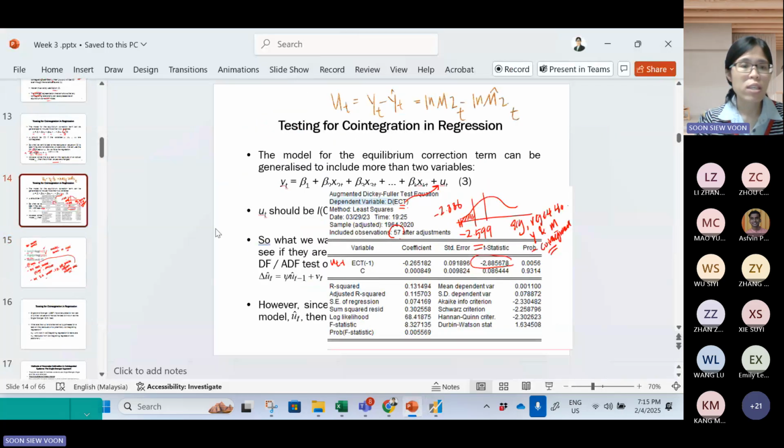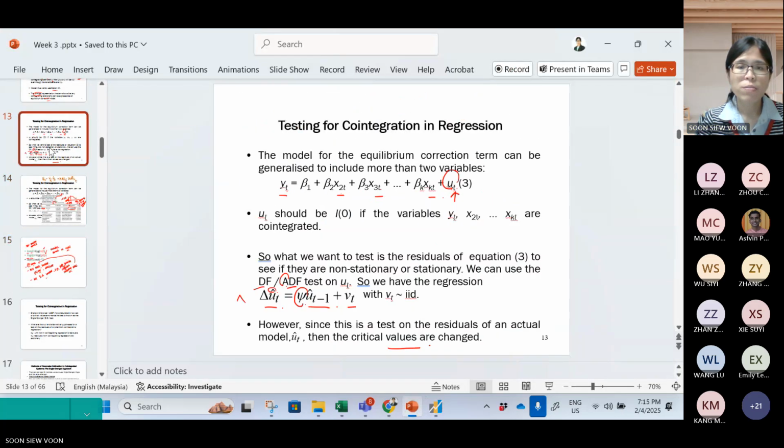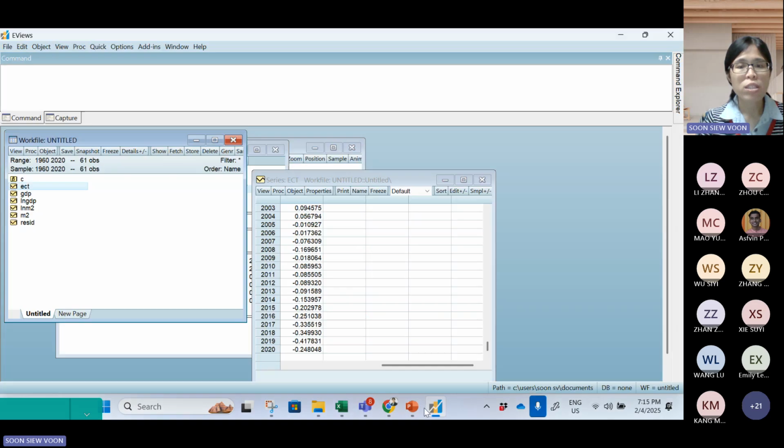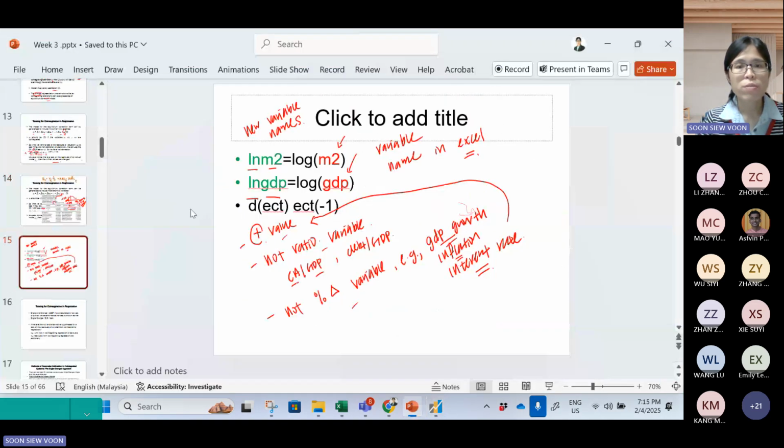And then with a constant, right? Yeah, with a constant. Depends on you, if you want to test with a constant or not constant. So in my case here, I want to test for the constant here, so I can put a C also in my models. So you just run